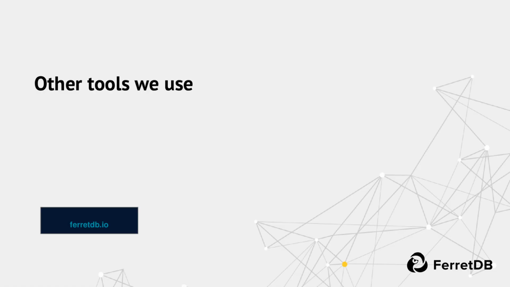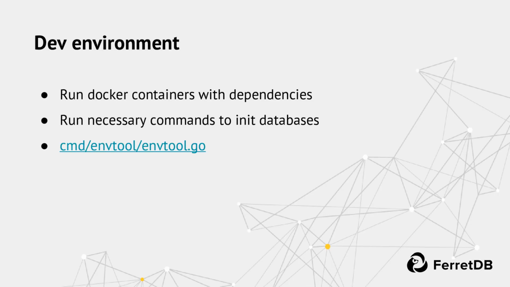So, okay, now we know how to write things, we know how to test things, we are ready, almost. As Go developers, we use many other tools that help us, and as we are at the Go meetup, it might make sense to mention them as well. Those tools are quite standard in the Go community, but for those who are relatively new to Go, maybe it might make sense to hear about them again, so maybe you can implement them for your use case, for your services. First of all is development environment.